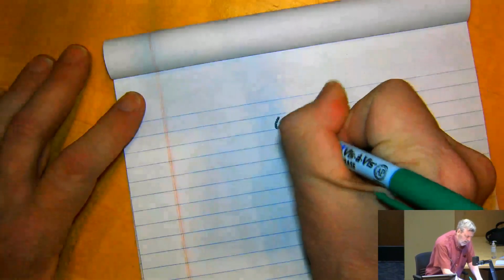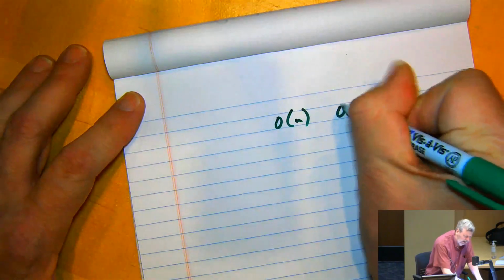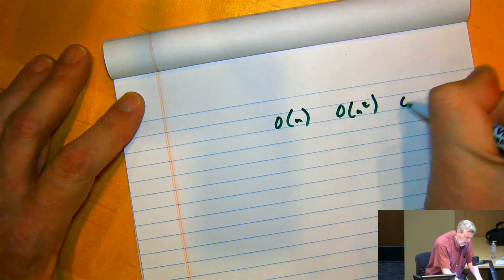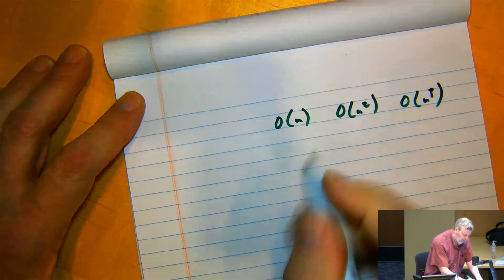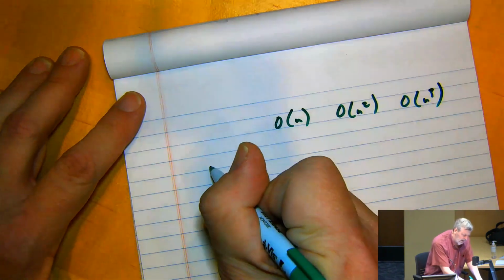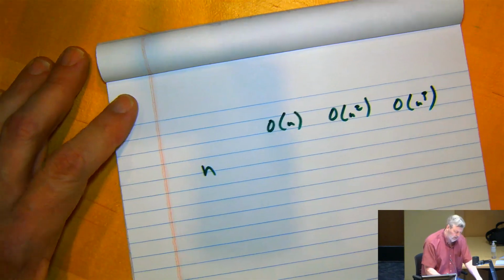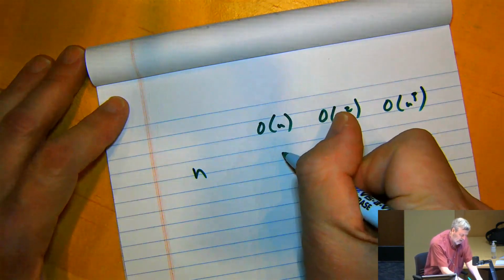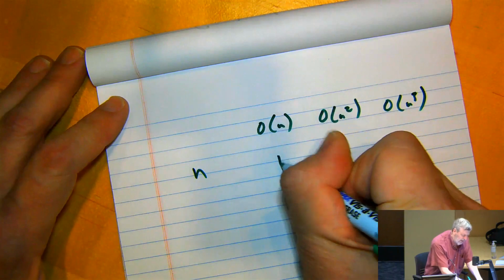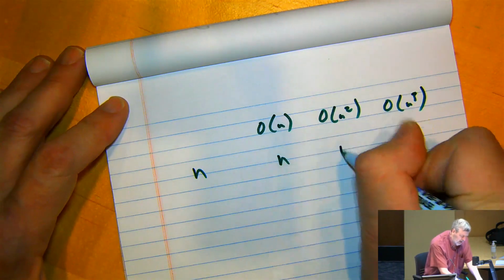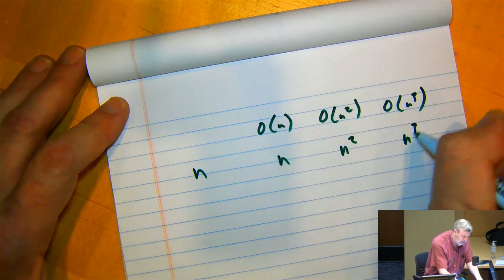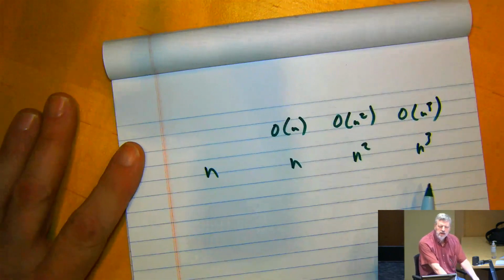I had in mind that those were my columns: O of n, O of n squared, and O of n cubed. For different input sizes, if there were n things that I was going to work with, we'd think that if this is predicting the time, there would be something on the order of n here, n squared, n cubed. This first row is not the row that we care about because